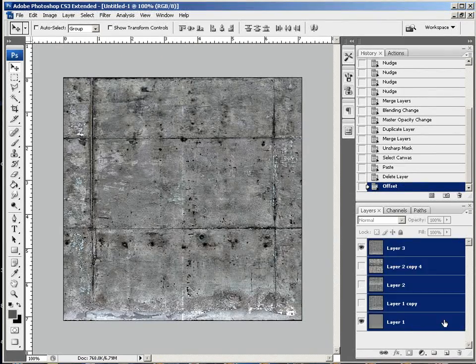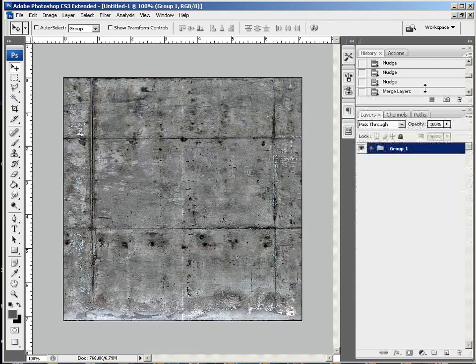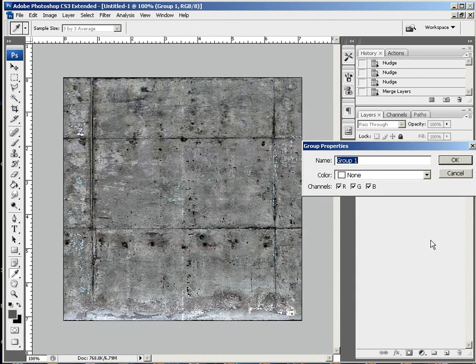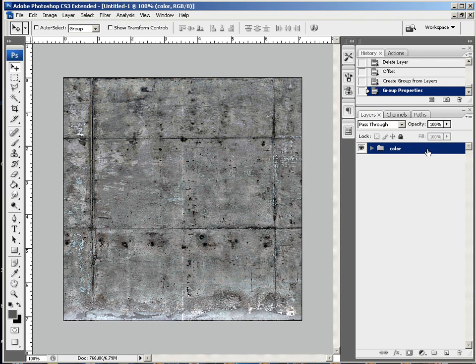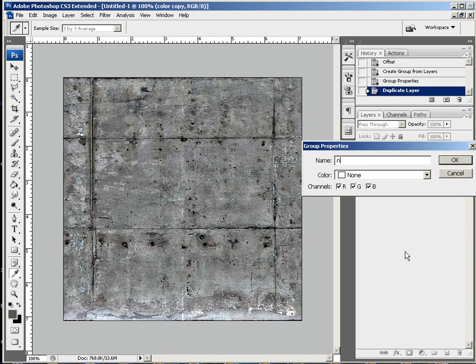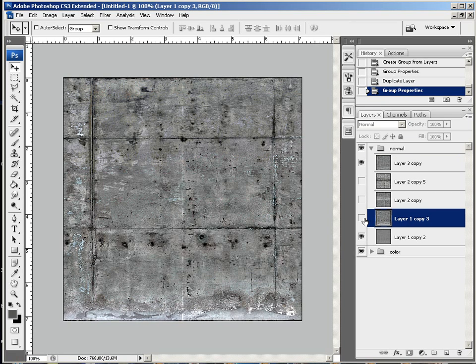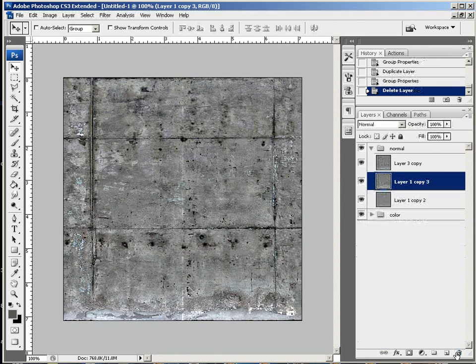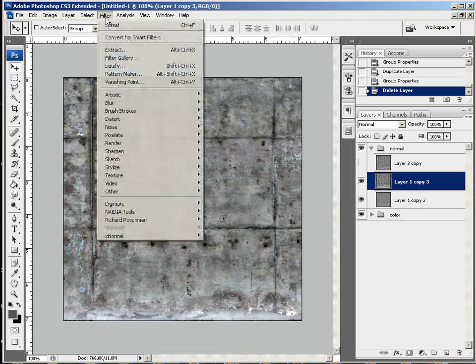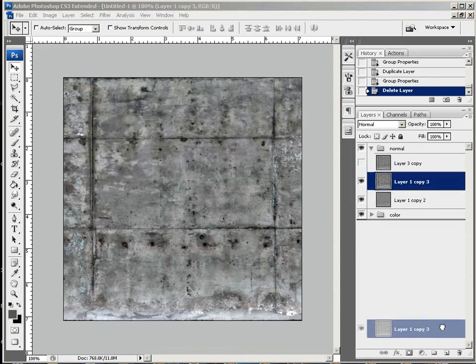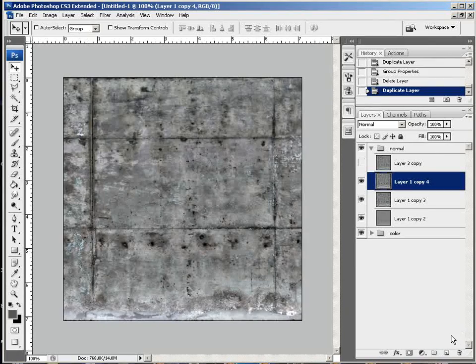So once we've got all that, throw everything into one folder and call it color or diffuse, whatever you want to do, and then duplicate that layer and call it normal. And we can probably get rid of some of this stuff, like these ones we don't need. And I'm gonna go on to the leveled version, or actually I'm gonna duplicate that first before I run the filter on it,